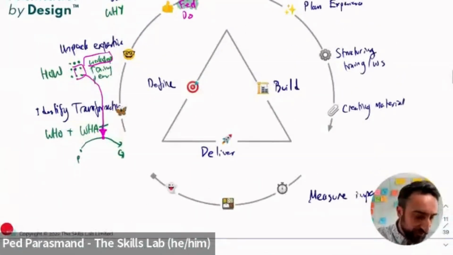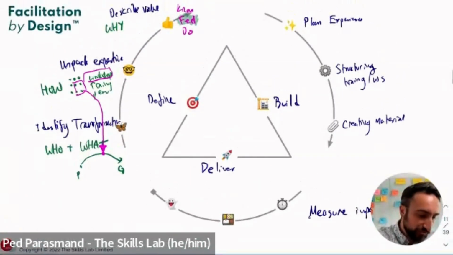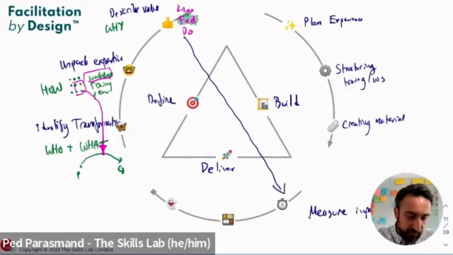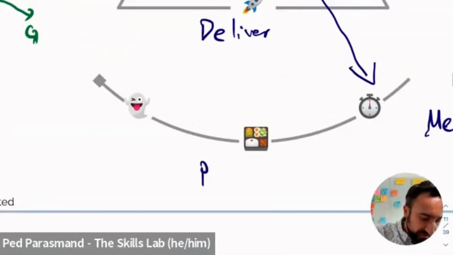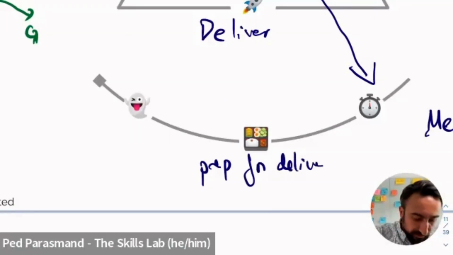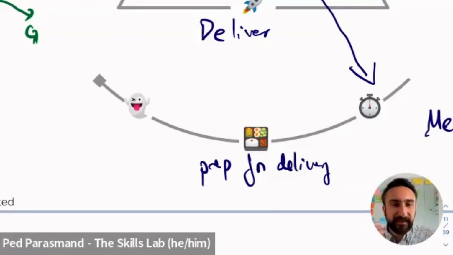If we're really clear with the described value step, this becomes a lot easier because we're really clear about exactly what they're going to get out of it. Then it's about preparing for delivery. It's about preparing yourself, any co-leads, your audience members, and the venue, if it's an external venue. Everything you need to do to make sure everything's in place, basically a big checklist.